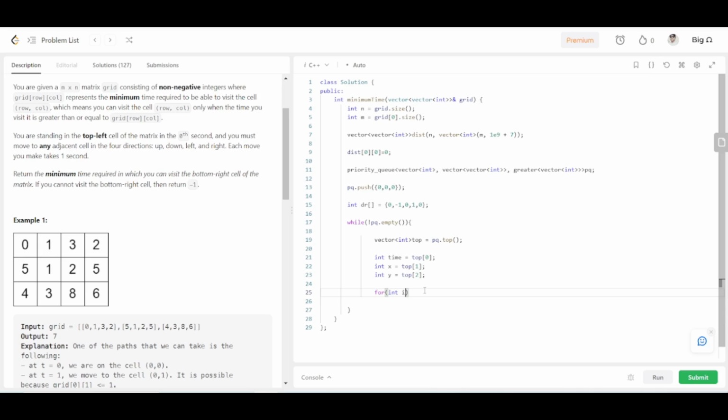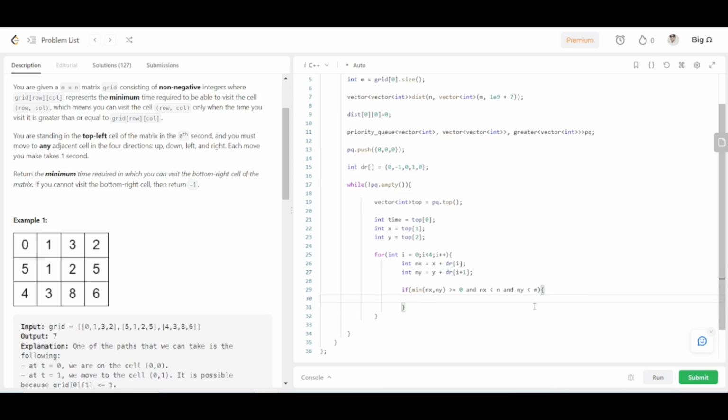So int i = 0; i less than 4. So let's say nx would be x plus dir[i], and ny, the new coordinate for the y cell, would be y plus dir[i + 1]. Now check here if this is a valid cell. If min of nx and ny is greater than or equal to 0 and nx is less than n and ny is less than m, if it is the case, then